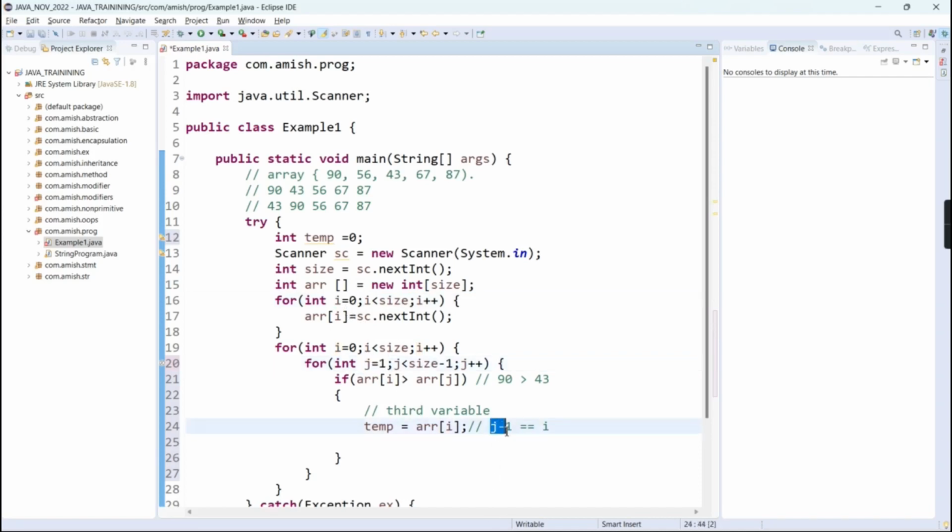So you can write here j minus 1 or I. Both j minus 1 and I represent which value? This first value. If this for loop is executing the first time, j minus 1 and I represent this one. Okay, so in this temp variable,